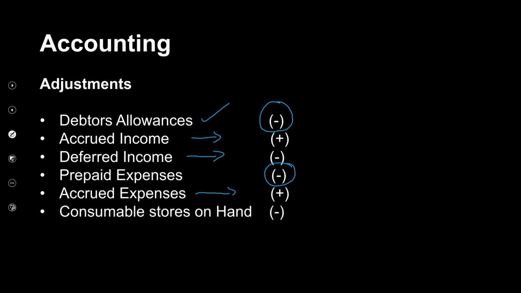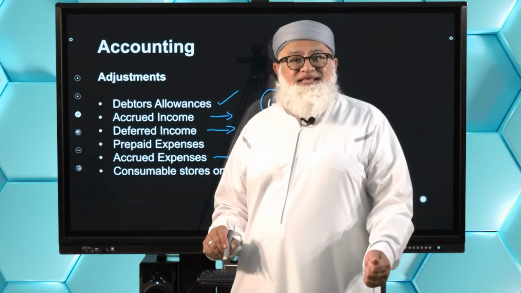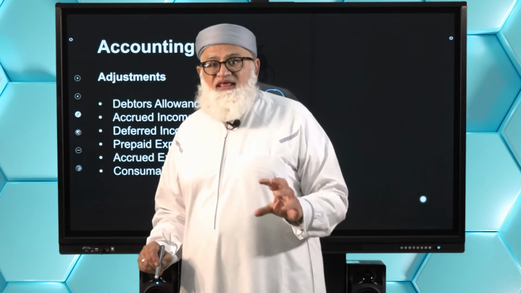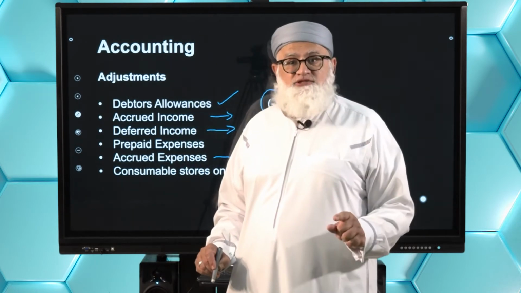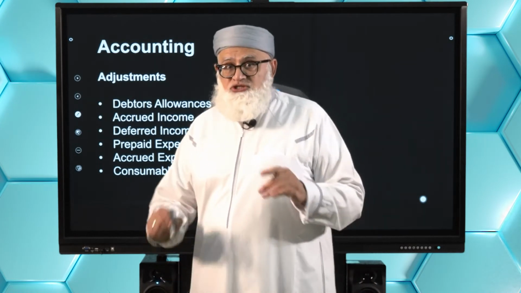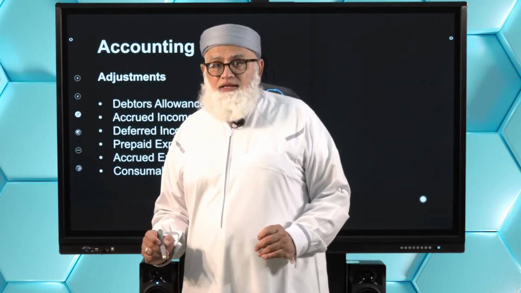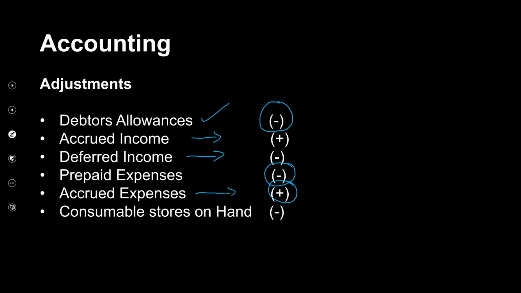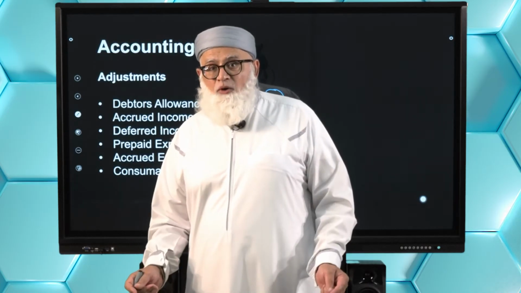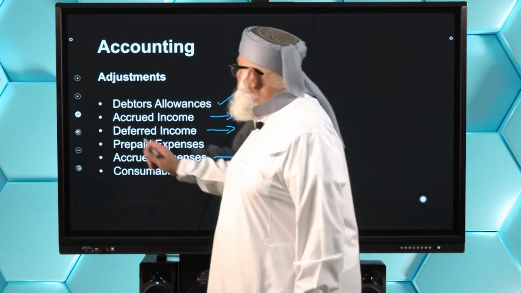Accrued expenses will always be a plus sign. Why? You've incurred the expense, but you haven't paid for it as yet. Therefore, you've got to add to the expense. So you see, that's the reason why we use these operations when we are showing our calculations. Then you get your consumable stores on hand, and this is the value of consumables that you haven't used, minus sign, minus in the operation. Okay, so therefore,